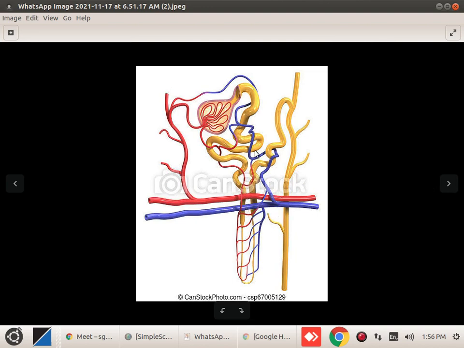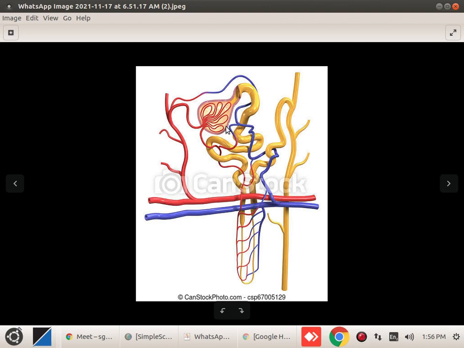You can see this. Even without labeling, I know you people are able to give me the answer; you can speak along with me once again. My target in today's class is that each and every student who is watching my class must be clear about each and every part of the nephron. I just want that. So revise with me, recapitulate with me.